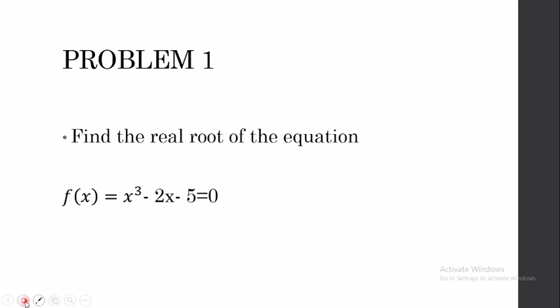Now, you have already found the roots of this function using the bisection method. When you used the bisection method, you noted that you should do at least 12 iterations to get a proper root for the equation. In this case, let's see how many iterations you have to do to get a real root of the equation. We will find out why regula falsi method is way better than the bisection method. So let's move on to the solution.